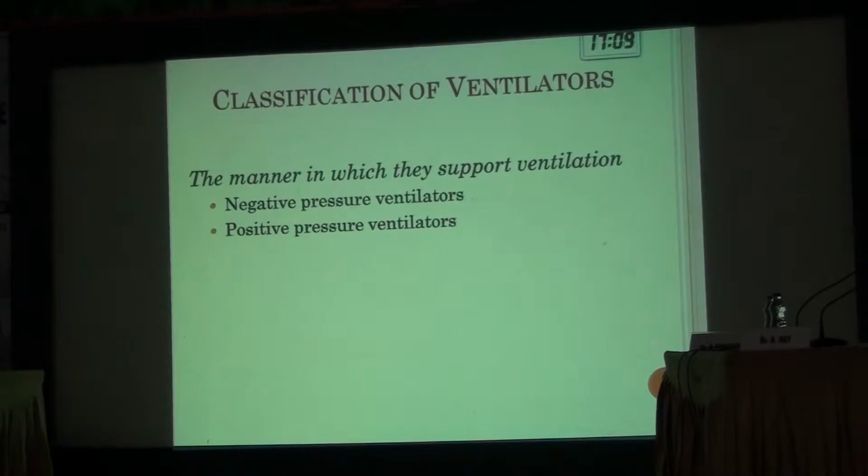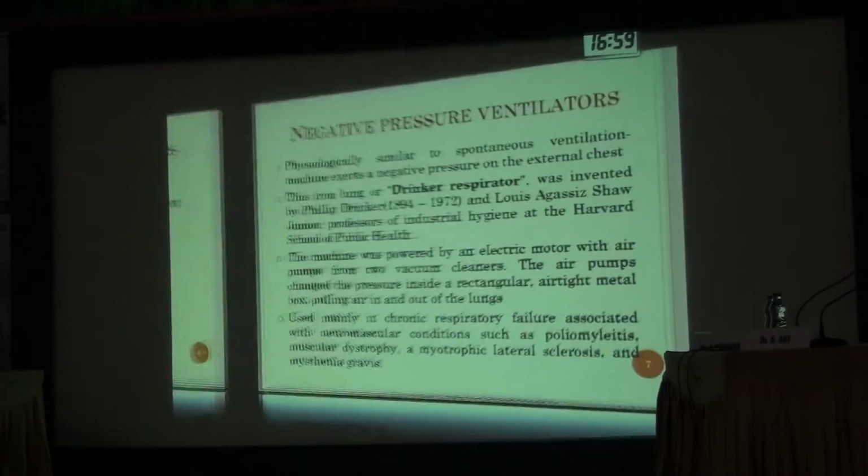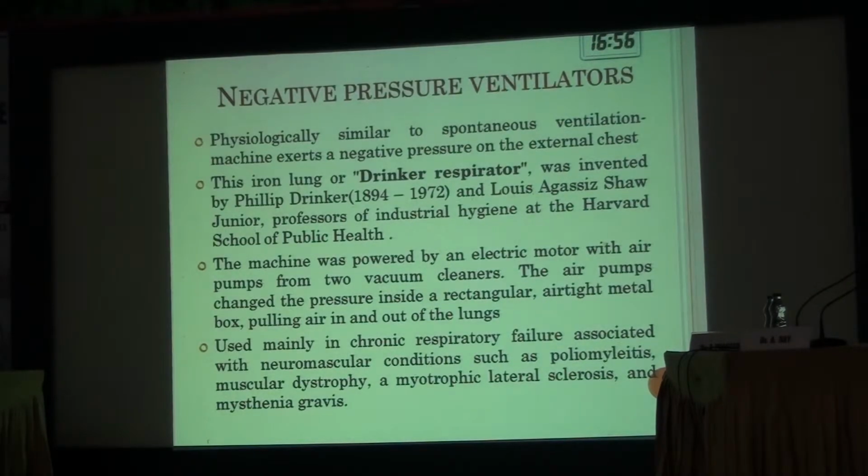So with this kind of background, we have come to know which patients are to be ventilated. Now, what kind of ventilators? How have ventilators come of age over the last few decades or centuries? We'll have a quick go through. To begin with, the ventilator we started with was a negative pressure ventilator. If you recap our physiology, we have a negative pressure in our system: we suck in the air, and then during expiration we expel the air. So physiologically it is similar.